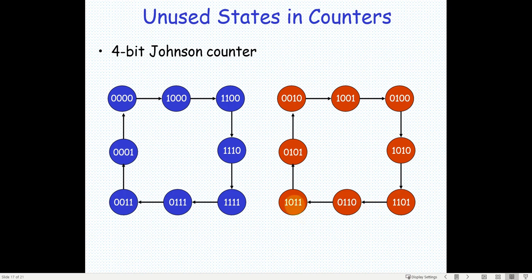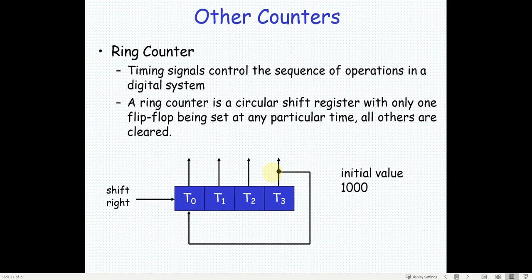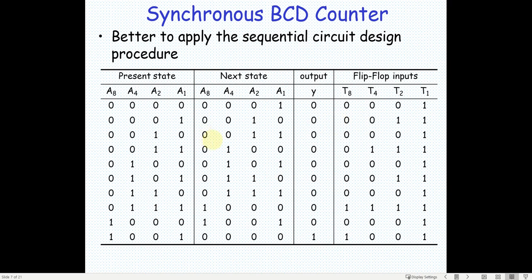So this example is shown for a Johnson counter, but this is going to be true for every circuit. When you design a circuit, you have present state and next state, which we did somewhere back. Here we have taken only the required number of states. That we should not do.